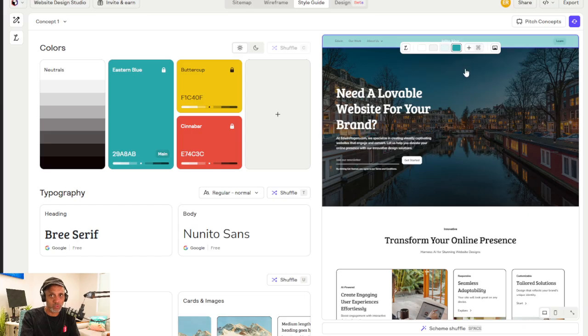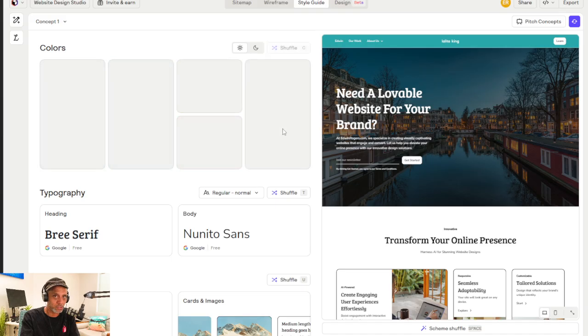Let's say I like this blue. Now, because this is a darker color, it's giving me the lighter logo. That's why you need two. So you can shuffle different things if you lock it. If I lock the colors, I can't shuffle the colors. But